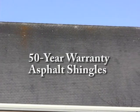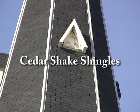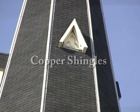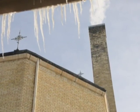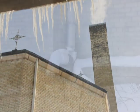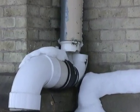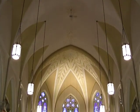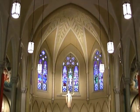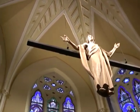The asbestos shingles on the roof would be removed and replaced with 50-year warranty asphalt shingles. The spires will be cedar shake shingles, with the hope of upgrading to lifetime copper shingles. We also plan to replace the original gutters and downspouts with 20-ounce copper gutters and downspouts, which will also allow us to redirect the drainage into a more appropriate runoff area, where it won't cause building damage or pose a safety problem. And if sufficient funds are available, we will patch the cracks, smooth out the walls, and repaint the interior of the church to provide a more attractive and suitably reverent place for worshiping God and through our various